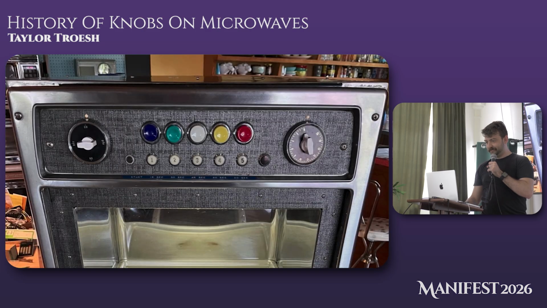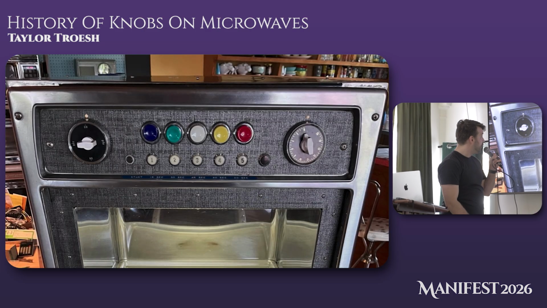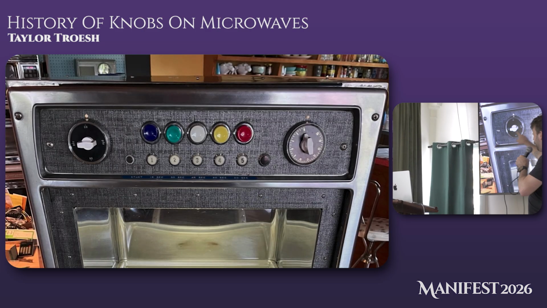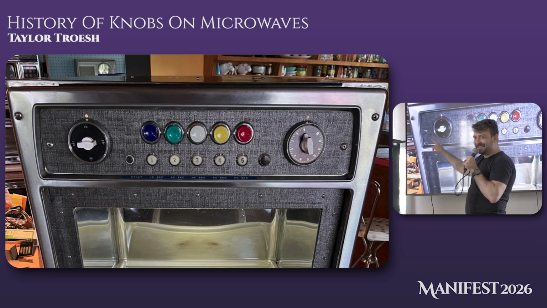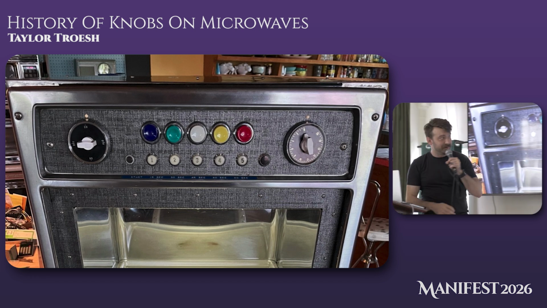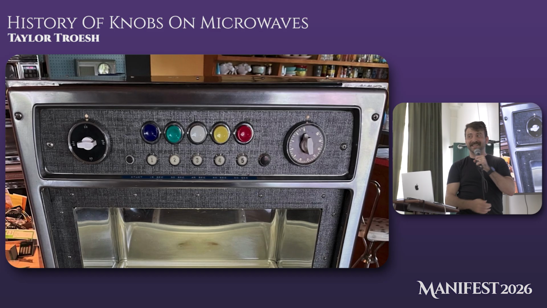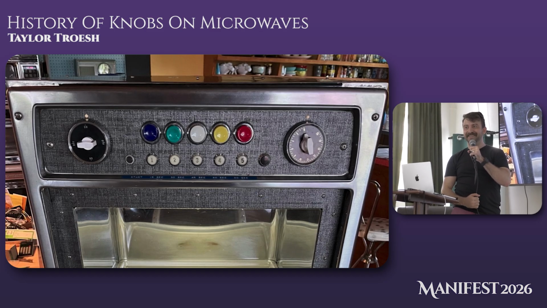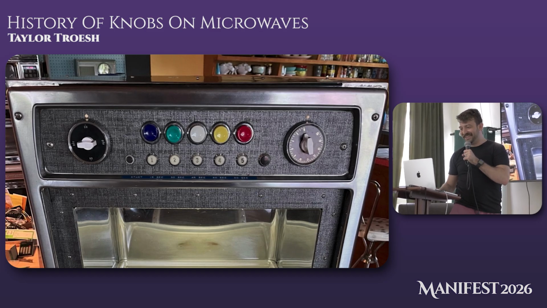All right, 1967. This one has two knobs. One of them is an on-off knob. I hate this. Also, 1967, this is one of the first models that has a bell to let you know when it's done. I don't know how they didn't figure that one out. All right,